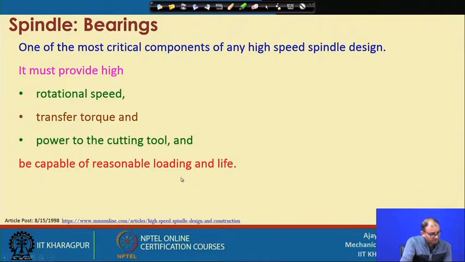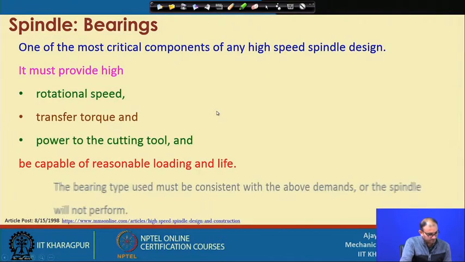But if you increase the depth of cut beyond a certain limit, your tool will experience more loading, be it thrust loading or radial loading. In that case it will exceed the allowable limit of this specific bearing, and then there is a failure of the bearing or some other problems will occur.